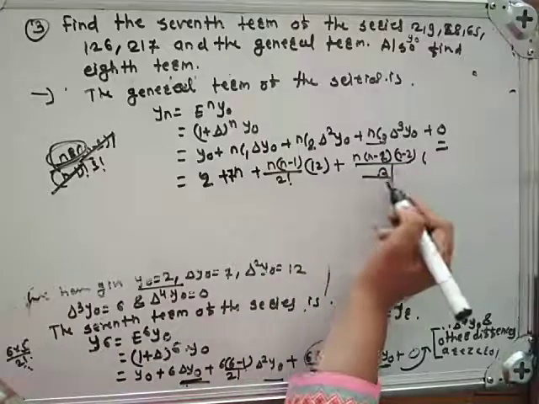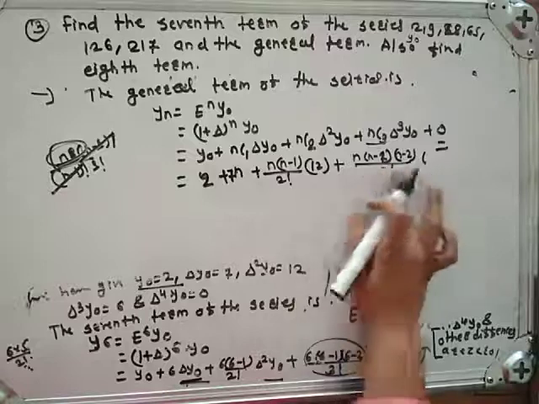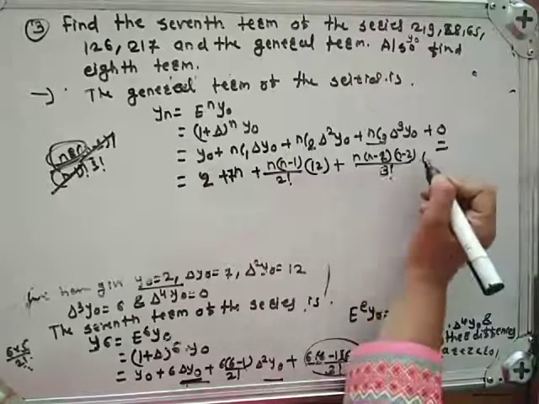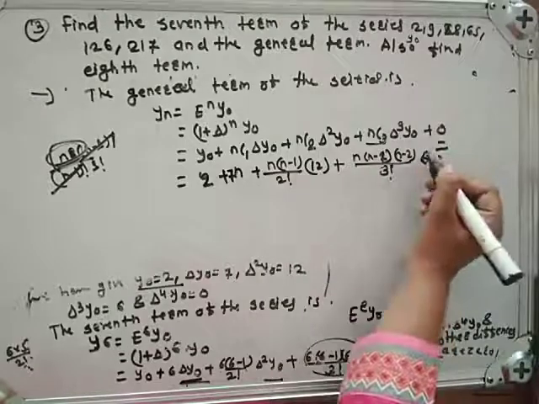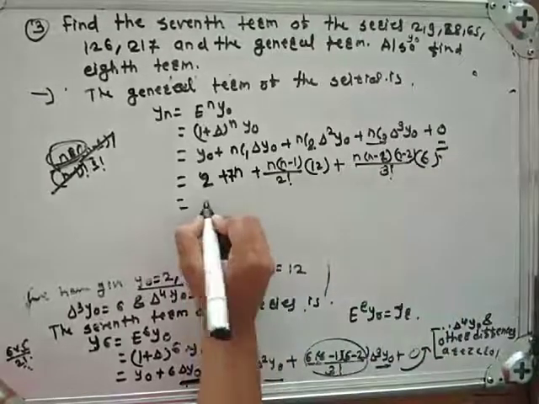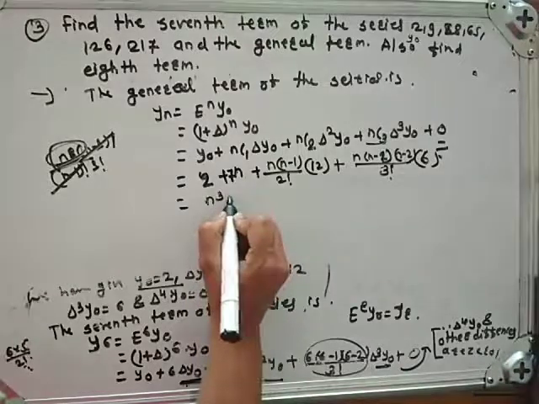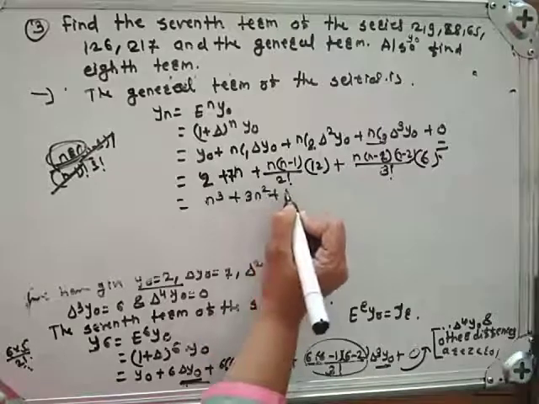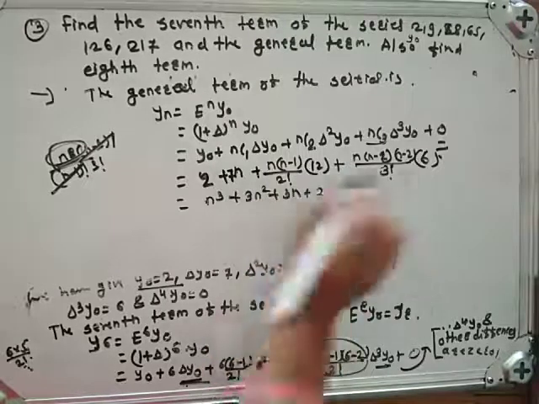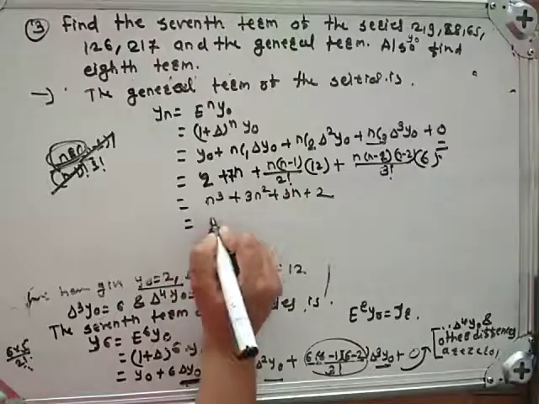Simplify this by using the nCr formula. This is 3 factorial. Δ³ of y0 is 6. Okay, you will get n cube plus 3n square plus 3n plus. Simplify this. Okay, which is equal to